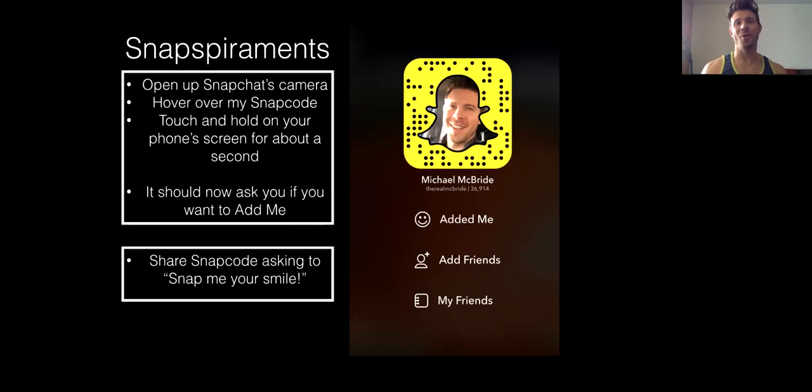So to begin with, we're actually going to start with some snap experiments. Two snap experiments. The first thing that I want you to do is see if you can find me on Snapchat. Now, I assume that you have already downloaded Snapchat and you know how to open the app. When you open it up, it goes directly to the camera. So what I'd like for you to do is